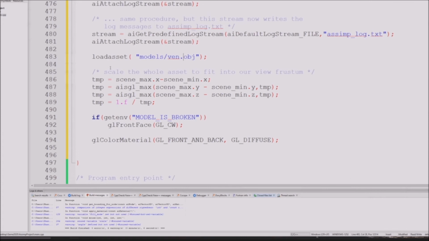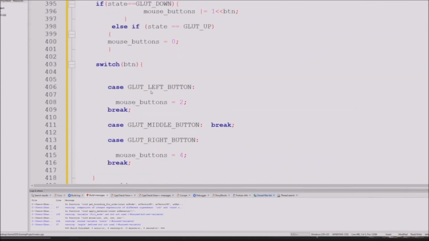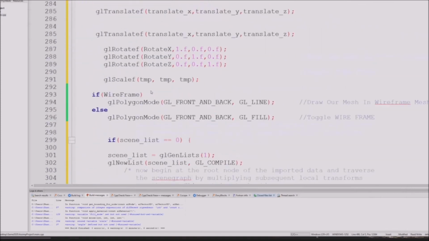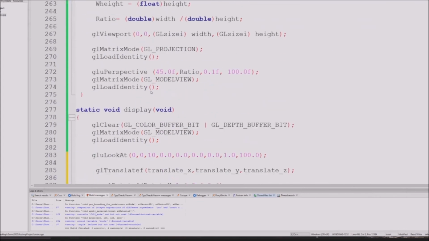So yeah, that is how you load things, and here is you setting up the scale size depending on what you're using. So this is the temp that I get. Temp means the temporary size of my scaling, which is I'm using the translate in my display